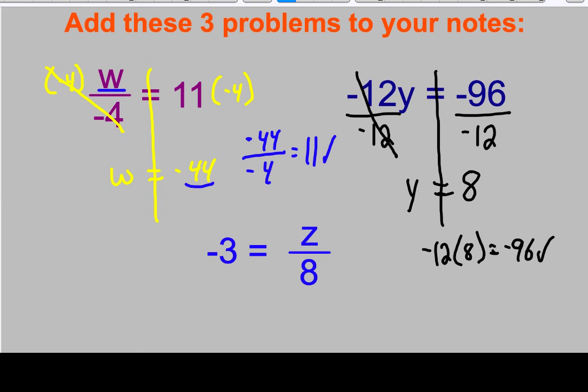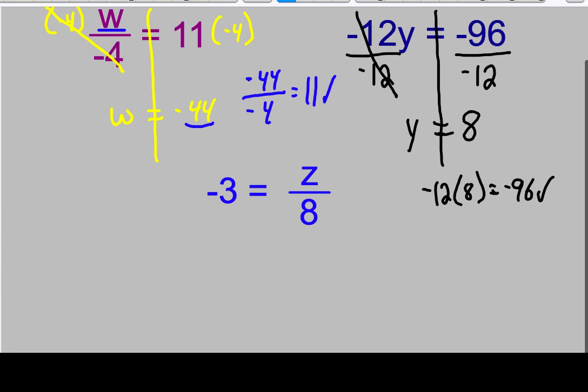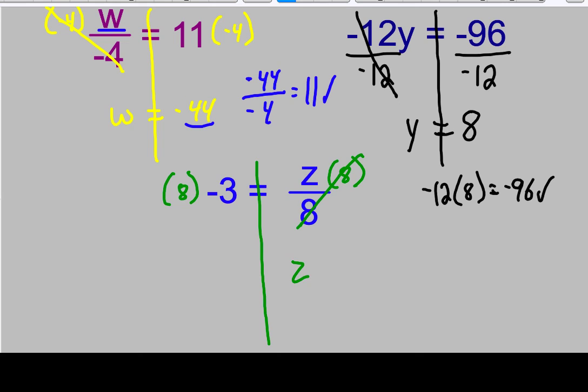All right, last one. -3 is equal to z divided by 8. So again, always focus on the variable. In this case, the variable is on the right-hand side. z is over 8, meaning z is being divided by 8. So I want to do the opposite, which is to multiply times 8. But to keep the equation balanced, I'm going to do it on both sides. The 8 and 8 cancel out, and I'm left with z. 8 times -3 is